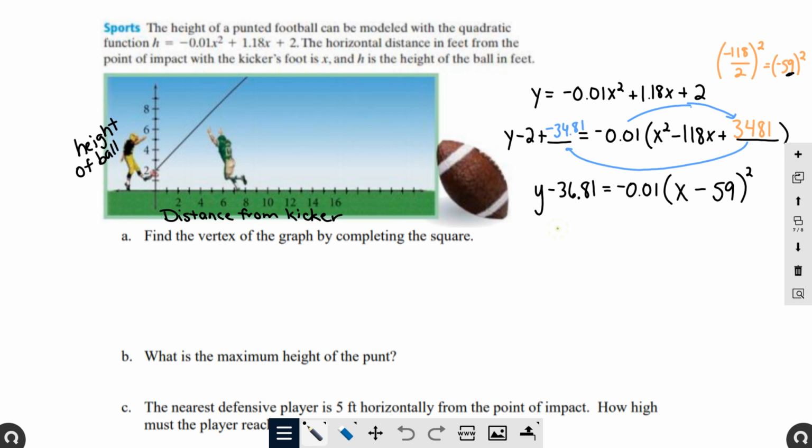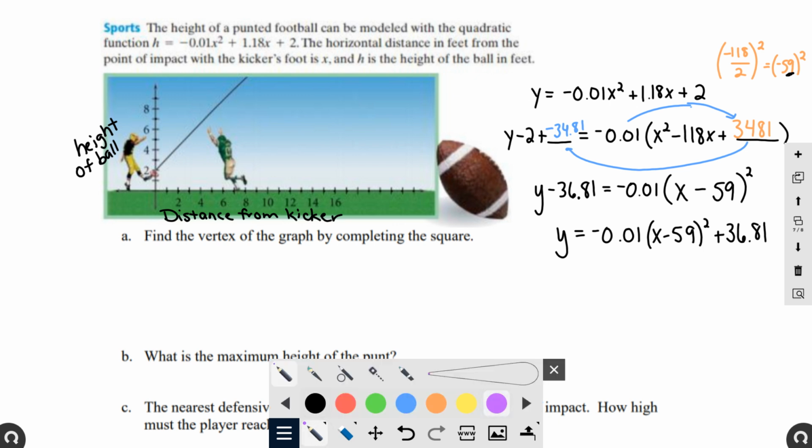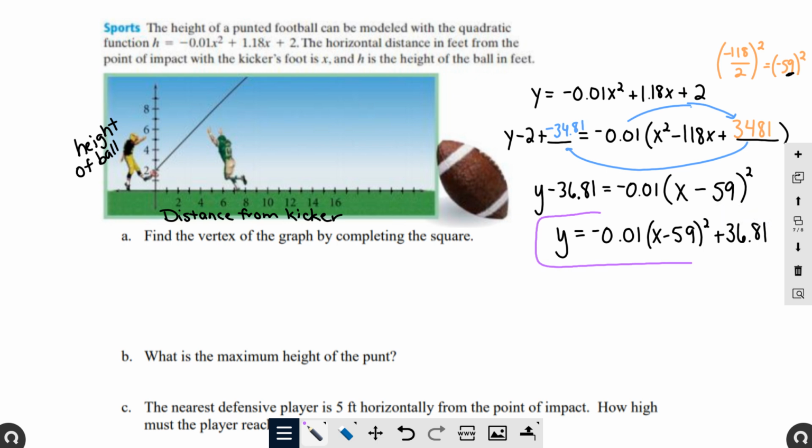And then last step, let's get y by itself. So we are going to add that 36.81 to both sides. So the formula, if we go through and complete our square, is this one. So that would go there. That would be the formula for it. But this one said find the vertex. So the vertex is